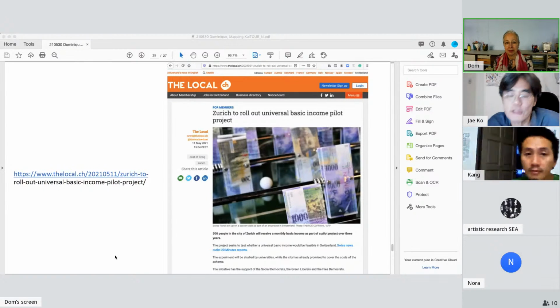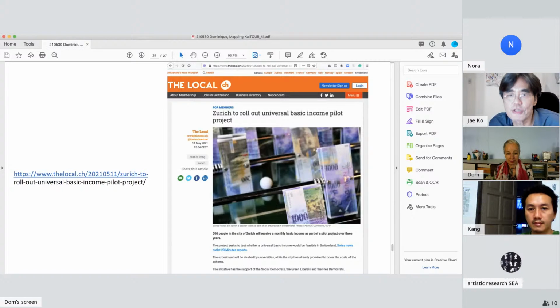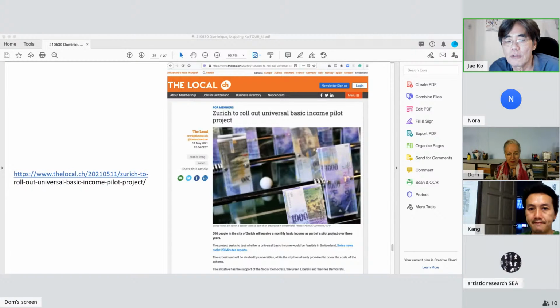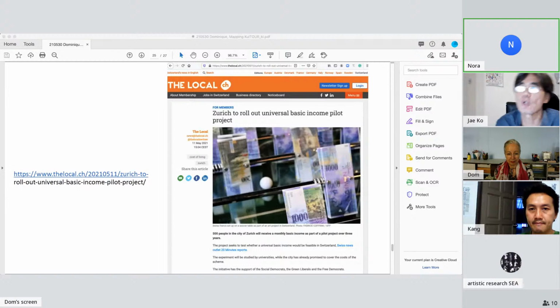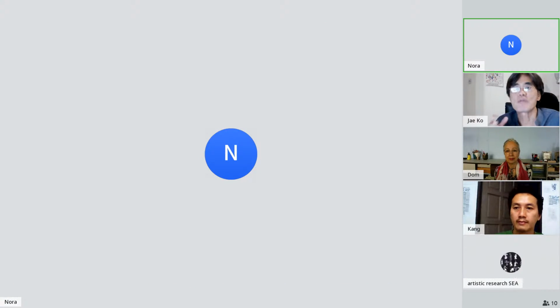Yes, this issue was actually discussed in Germany maybe 10, 15 years ago, because in Germany, when you look at the institutional expense of managing the unemployment money, managing the social welfare money, if you give everybody the same amount of money, it's the same.